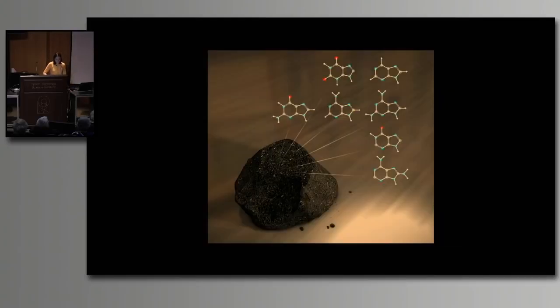So look at this rock. This is a meteorite. Meteorites are extremely valuable because they can teach us a lot about our origins. A few years ago, in 2011, after analyzing rocks like this in the lab, people found that they contain some of the components of DNA and RNA. And as you know, these are the building blocks of life. They are like life's Legos.